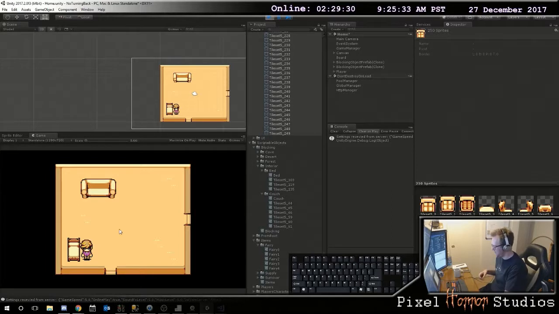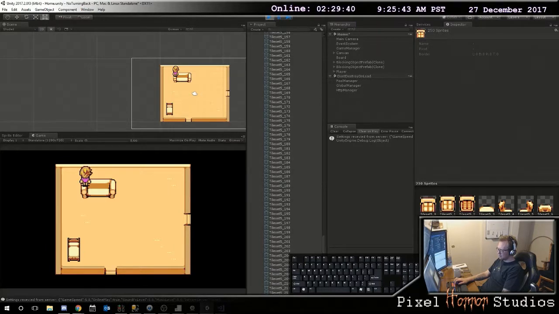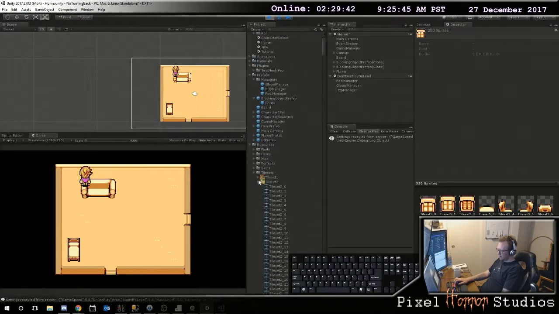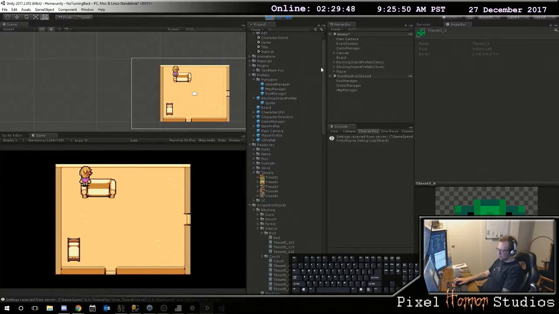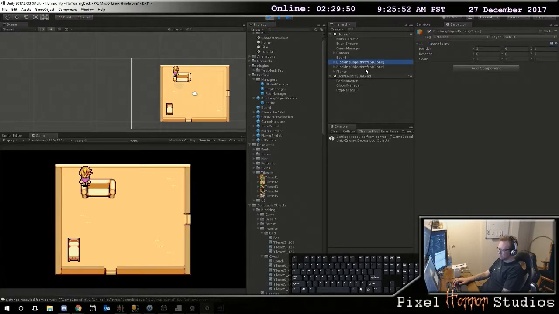And it's totally kosher on the bed. If you look at the sprite for the bed, it says it's at 3.6, and my player's at 2.6, so it's actually drawing it